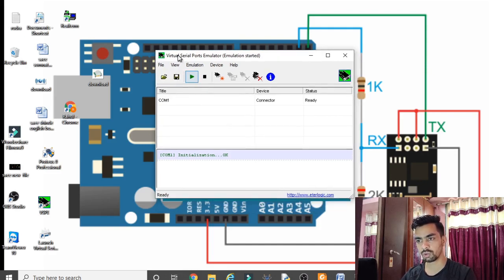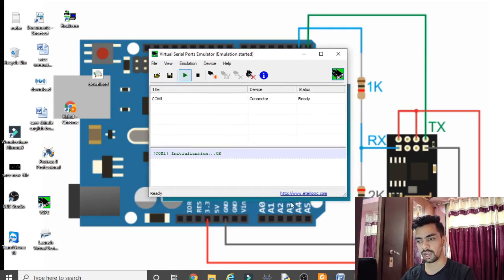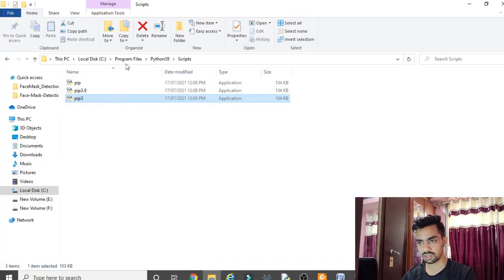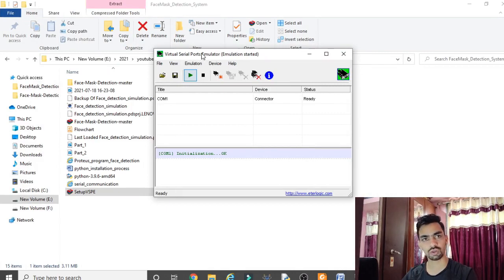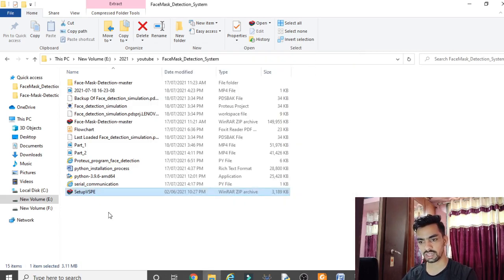So basically you want to download this software also. I will provide the application link, that is a setup file of this software, in my Google Drive. You can download that software from my Google Drive link. Once you download that setup, you can find this zip file, setup vspe.